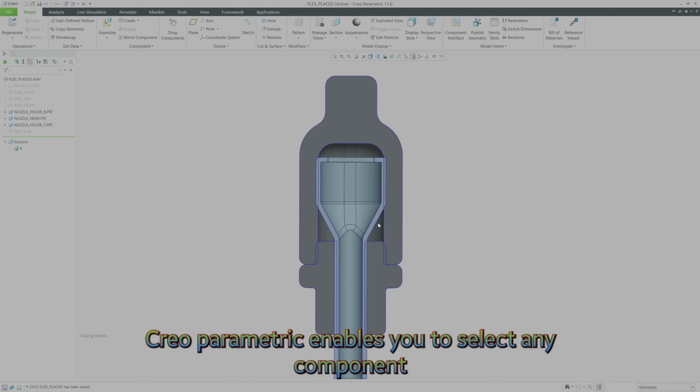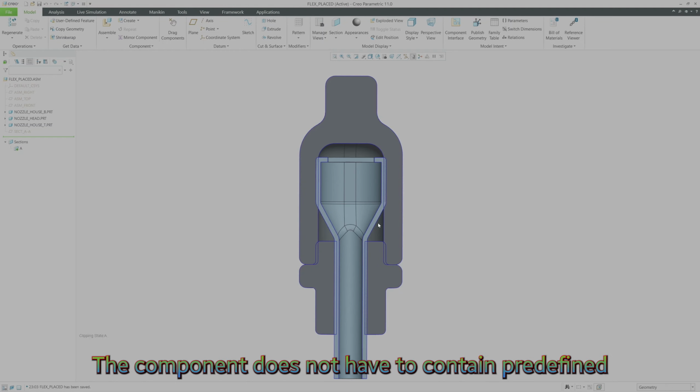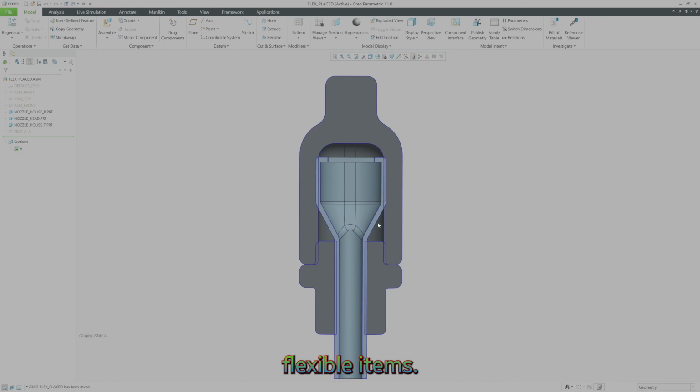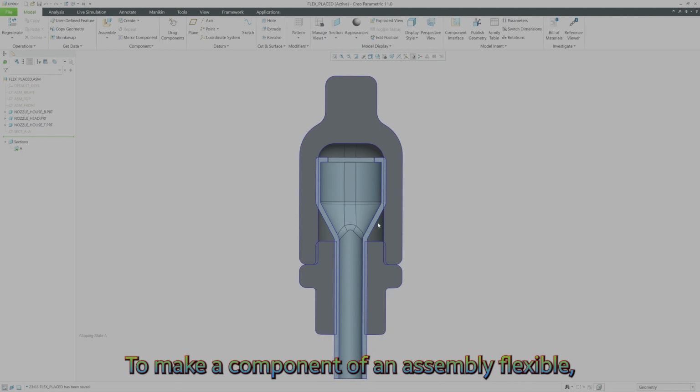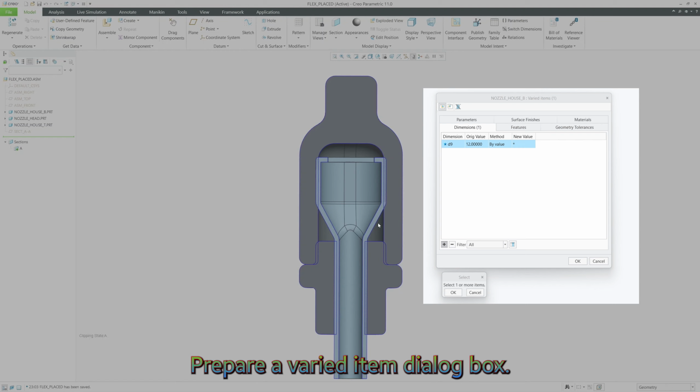Creo Parametric enables you to select any component in any assembly and make it flexible. The component does not have to contain predefined flexible items. To make a component of an assembly flexible, select the component, right-click it, and select Make Flexible. This opens the file name Prepare Varied Item dialog box. With the dialog box open, you can select the flexible items and type the values that are used by the